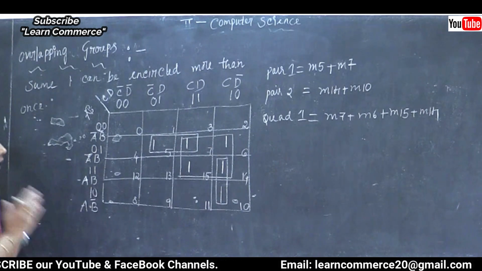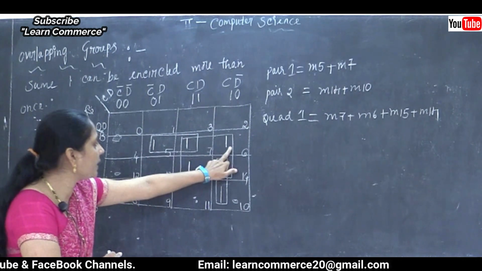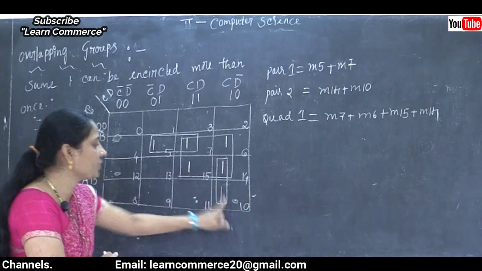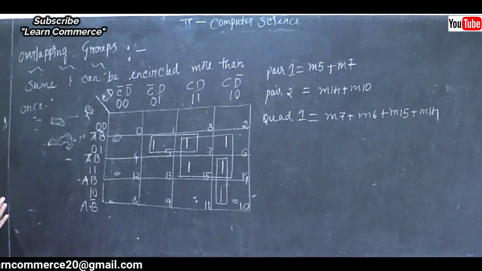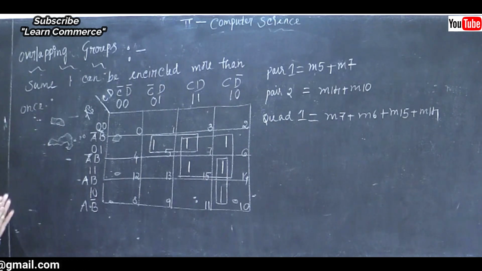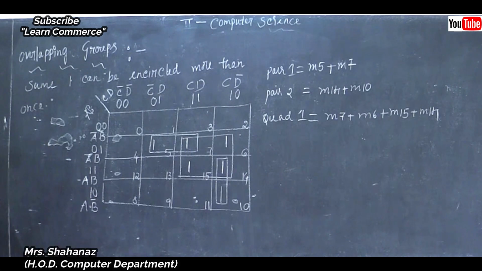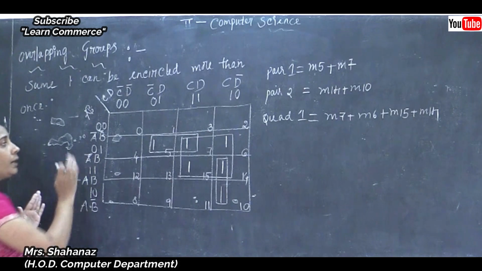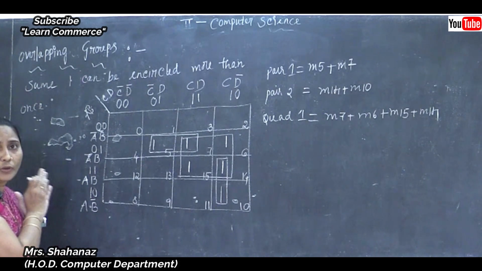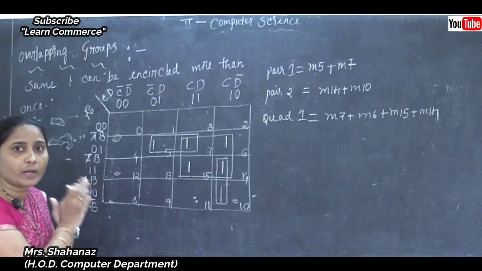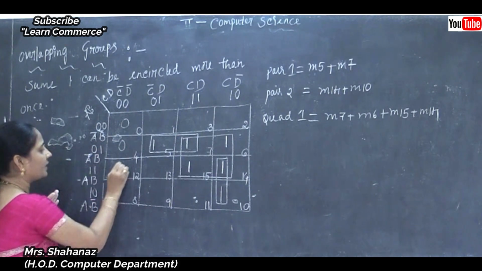The numbers are 5, 7, 6, 15, 14, 10. So all those numbers they added in the question here. That means we need to take the 1 in such numbers here. Now if some numbers are not displayed in the question, that means we are going to take the value as the 0.